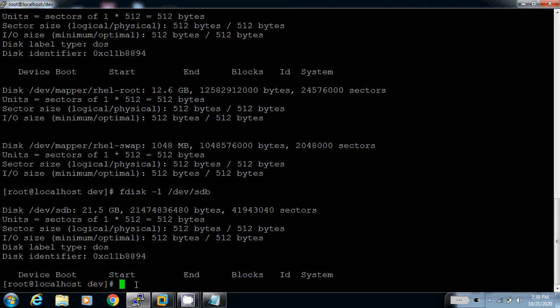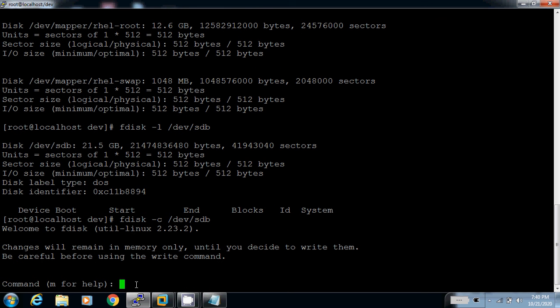So I am creating a partition using the fdisk command. fdisk /dev/sdb. Now this will be the command output. Command M for help.